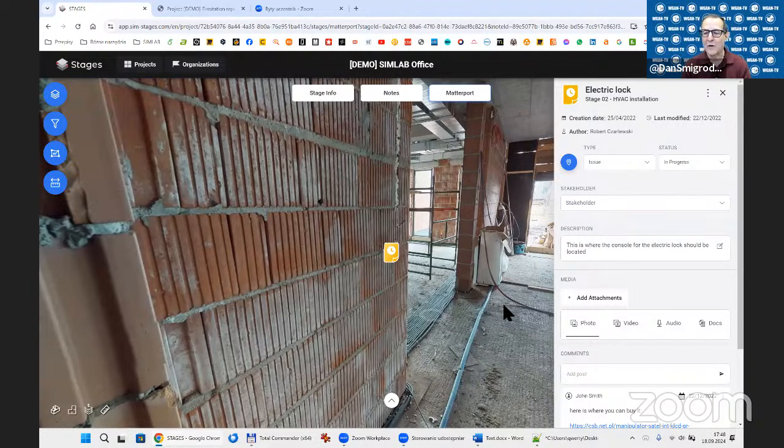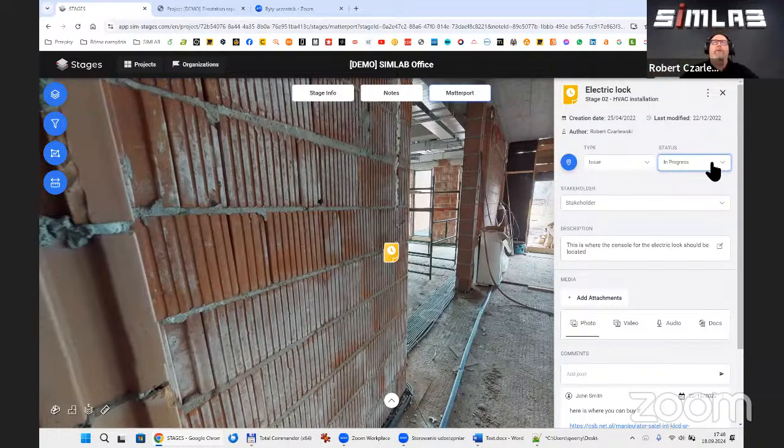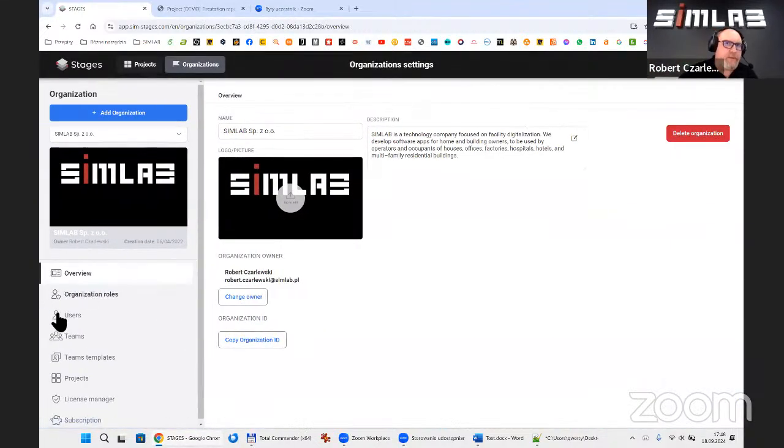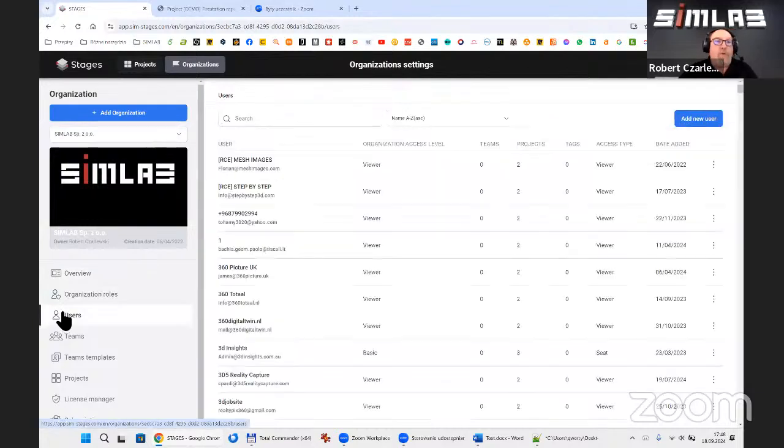So that's cool. Regarding status, help me understand who can change status regarding the different levels of permissions. I will display the different levels of permission or different roles which are available in our solution.